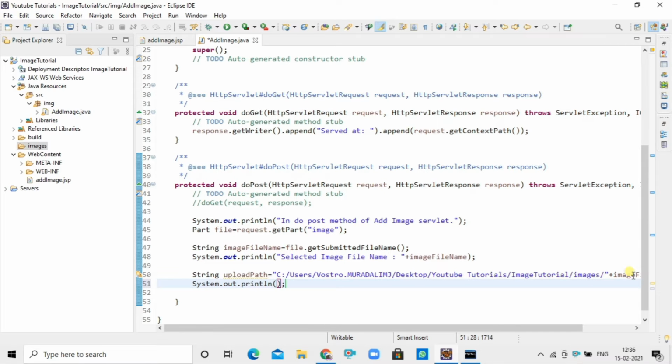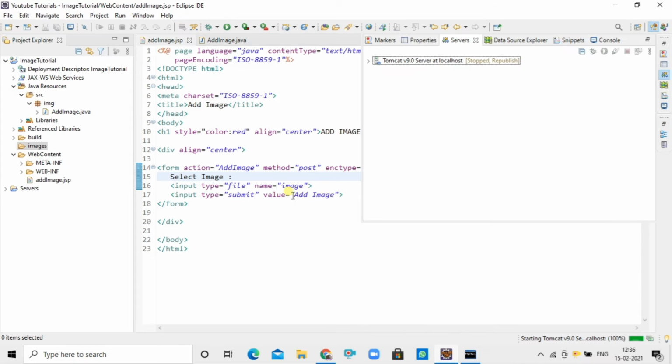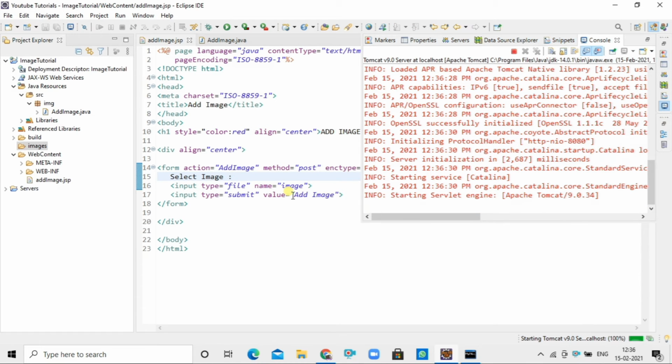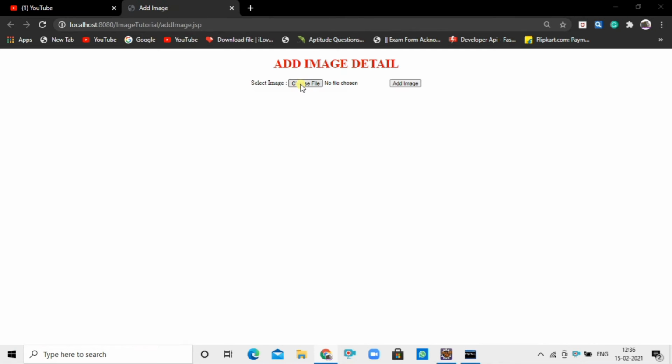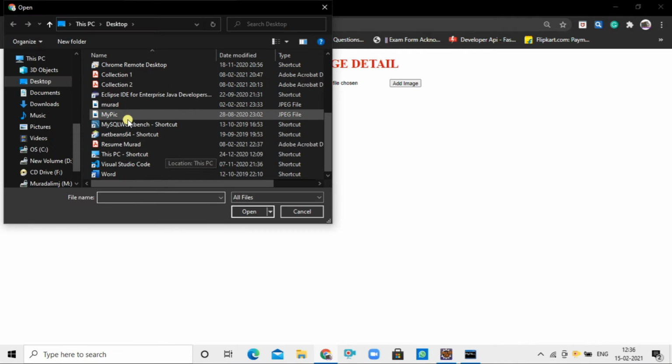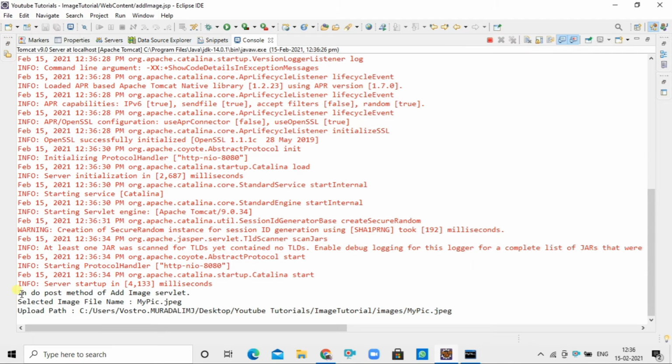And I will simply print it here. As we can see, the selected image file name and the upload path where we have to upload our actual image.